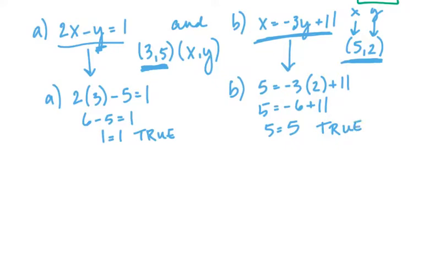So since that does equal 5, that one is also true. Now, neither 3, 5 or 5 comma 2 is a solution to both equations at the same time, or simultaneously. If we need one solution that can satisfy 2 or more equations, we call the equations a system of simultaneous